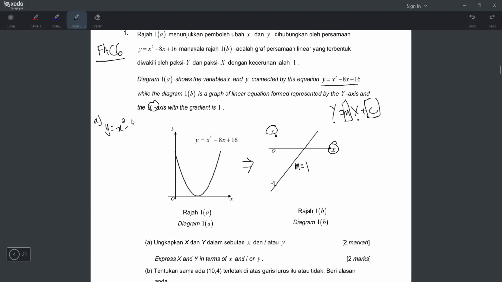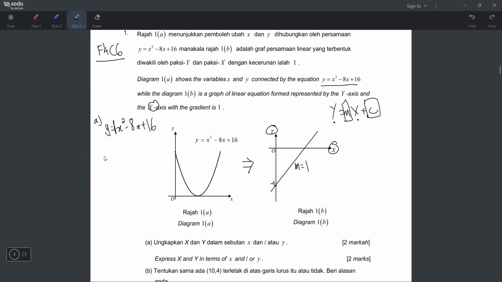Y equals x squared minus 8x plus 16. All right, first I just want to ask you, did you see 1 here? Because you want the gradient to be 1 later. Yes, it's here. Because if there's no number before x squared, it means it's 1, right? So if you want the gradient to be 1, it means you want this to be 1. You want to make sure this x